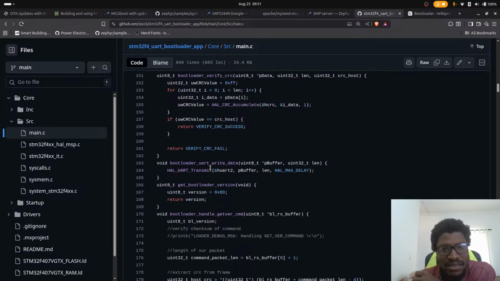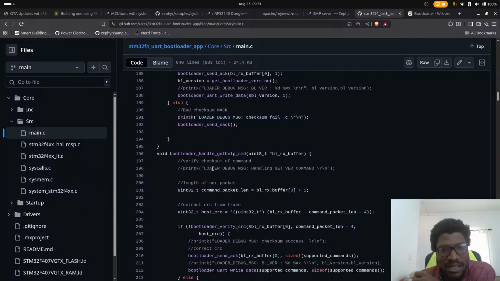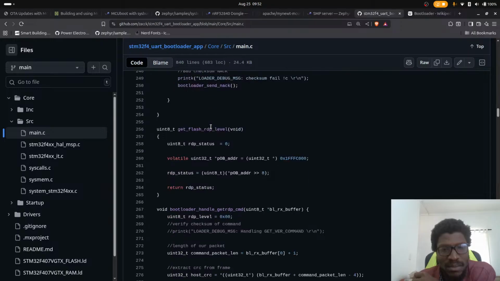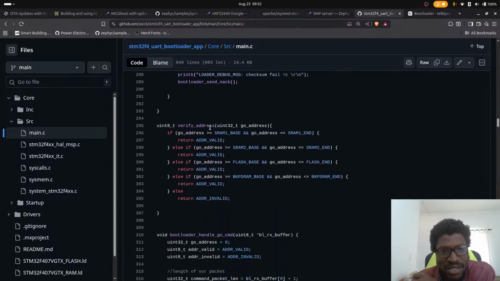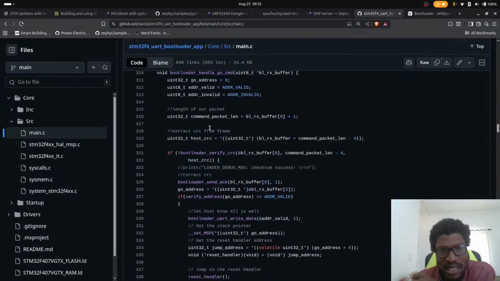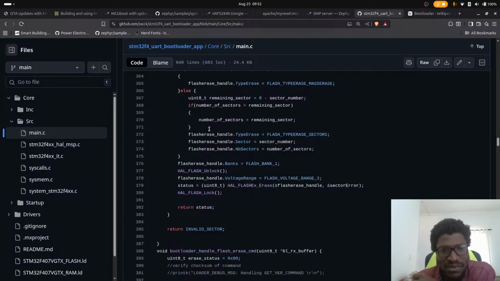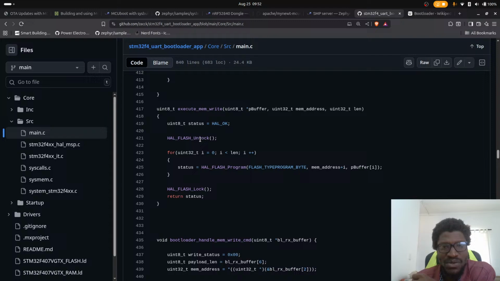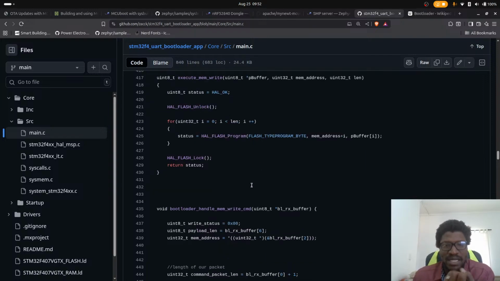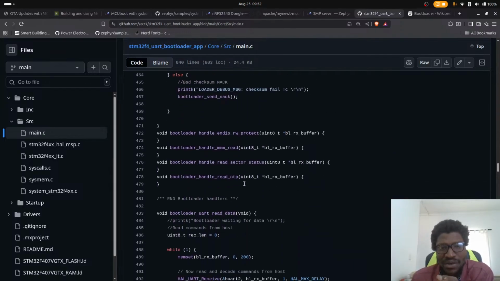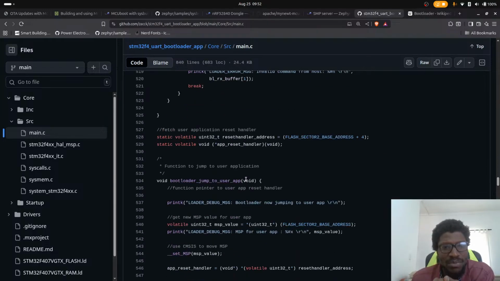this is verifying, this is writing. I want to handle get help, no, I want to handle MCU chip ID, no, get command, no. Let's just go straight to, that's the address, it's verifying that the address is right, and then execute flash arrays, handle flash arrays command. You see, it writes to a memory location, which is when it has gotten the software, your firmware. Now it will write your firmware to a certain location, and then you have something like bootloader jump to user